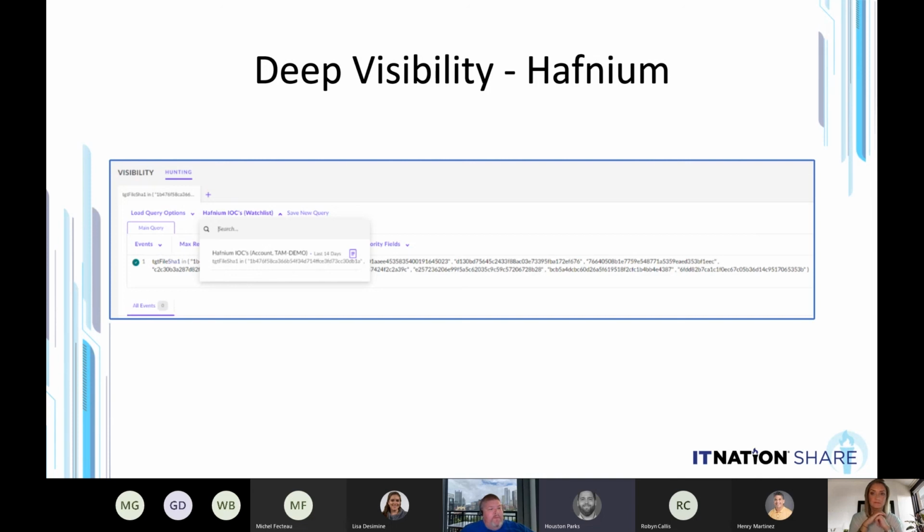So, and really there's kind of two trains of thought when leveraging deep visibility, and the first one being a scenario like Hafnium, right? So in this real world scenario, we're going to leverage indicators of compromise or IOCs to better understand where risks may reside. So if we take that disclosed vulnerability like Hafnium, right? As a security operations organization, we're getting these IOCs from various sources like Microsoft. We can search against those IOCs, whether they're hashes or certain types of activities. And again, specifically when we talk about Hafnium, we're actually looking at a